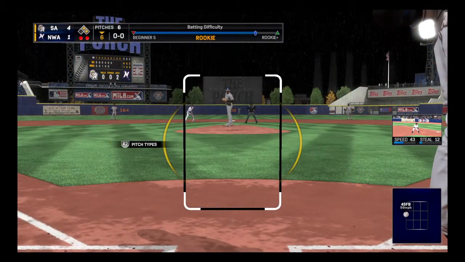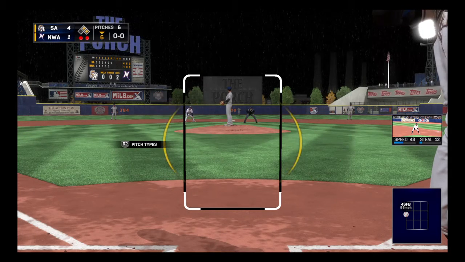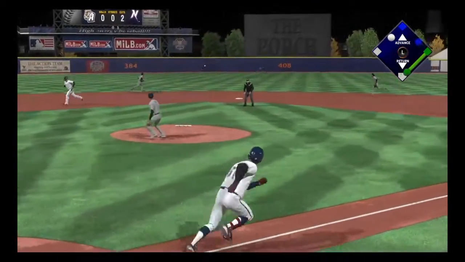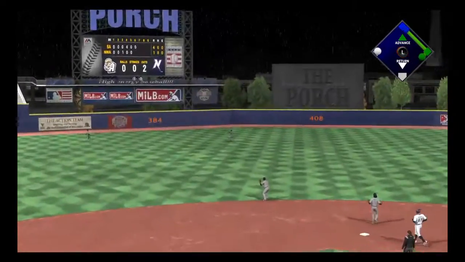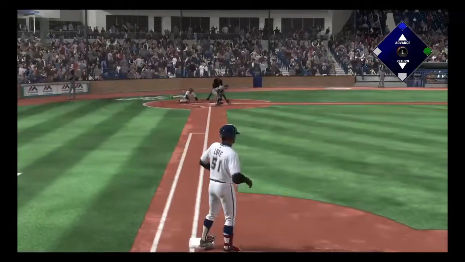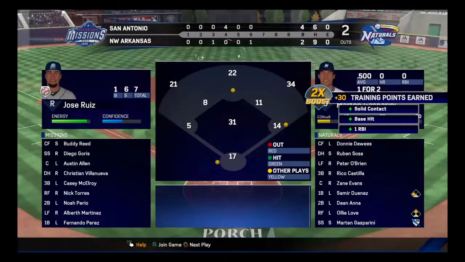Digging in and looking for more. Ollie Love. We'll see if he can come through in a clutch spot here. 2 on, 2 out here in inning number 6. That's in there. Base hit. Evans rounds the corner and is headed home. Now it's cut off. The throw to the plate. And this will not be close, and the run was...